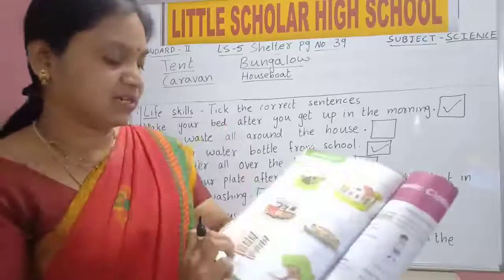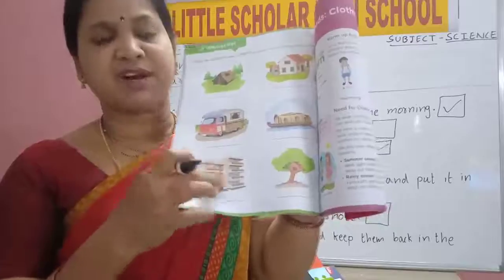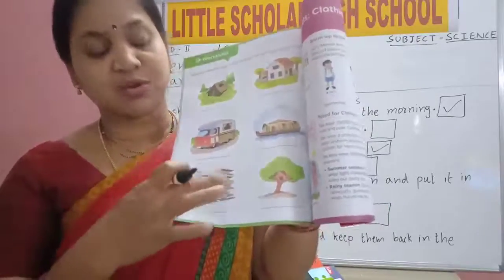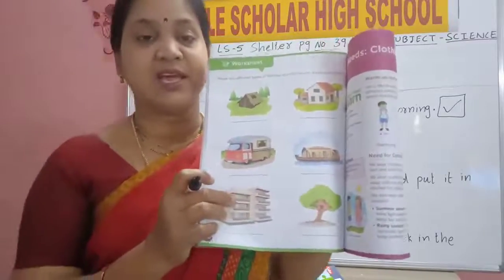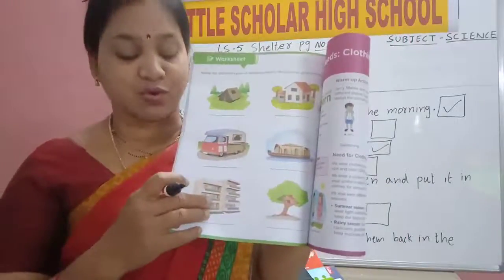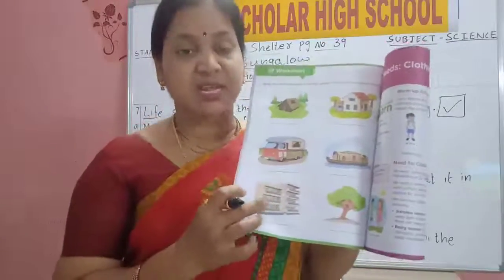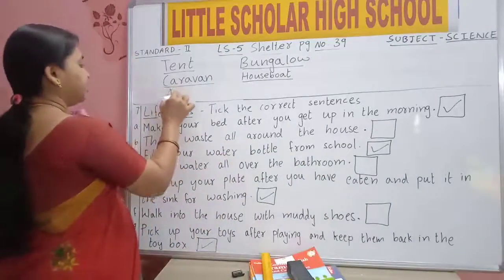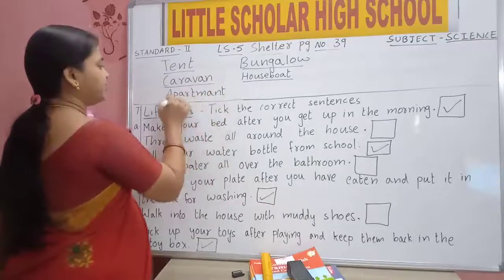Next, what is this here? Which type of house is this? Here only one family can live. How many floors can you see? See, how many doors and windows you can see? That many families are living here, in one place. To save place, they have constructed apartments. Apartment, where many families can live together. What is the name of this house? Apartment. A-P-A-R-T-M-E-N-T, apartment.